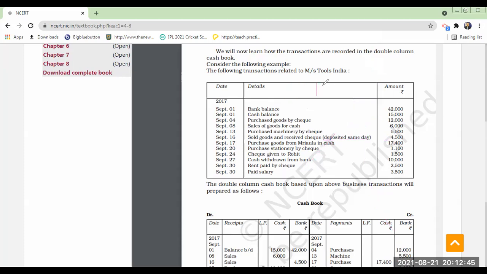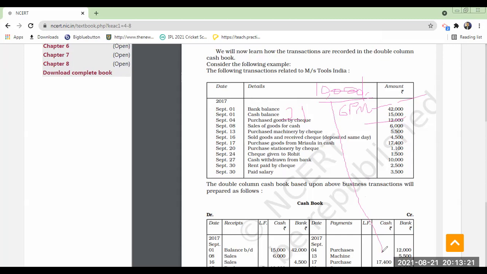Another way is, see, 10,000 rupees worth check that party has issued to you at 6 p.m. in the evening. Let us take for example, tomorrow is Sunday, and tomorrow also I will not deposit. On Monday I will have to deposit. So if such a thing happens, this 10,000 rupees we received today on the 21st, we have to mention in the cash column, because we did not deposit it in the bank on the same day.